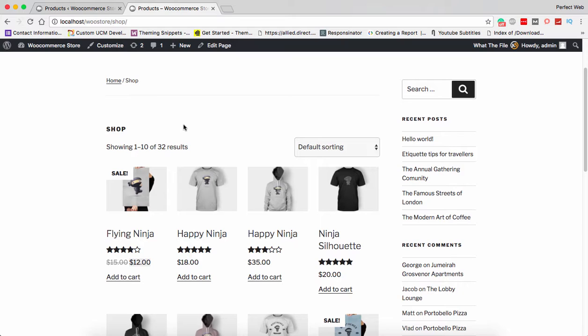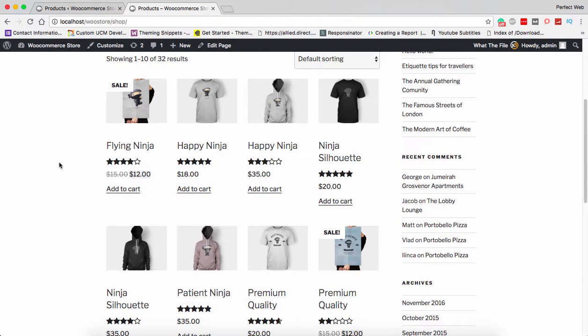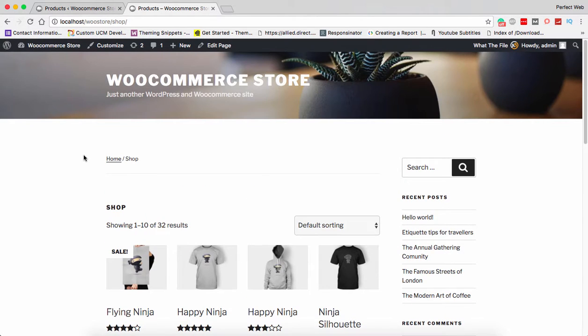If you haven't watched that video, please do watch those videos before moving forward and get a grasp of what action hooks and filter hooks are. And in my next tutorial, I will also discuss what this file plugin is and how to take advantage of this plugin to make changes in the WooCommerce plugin.